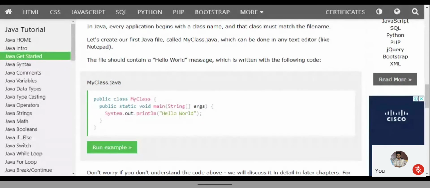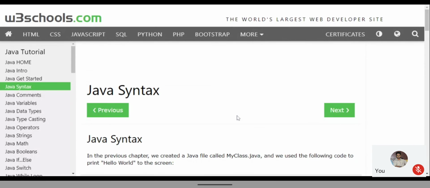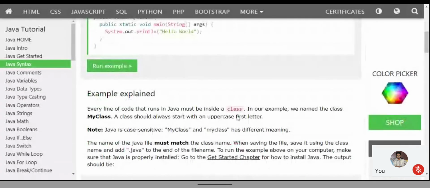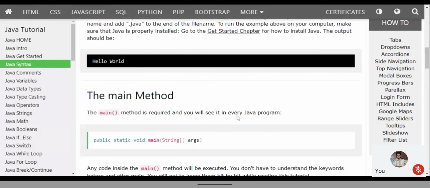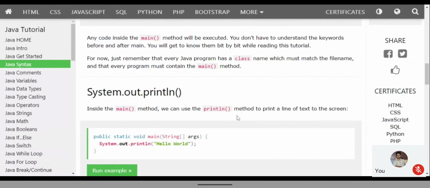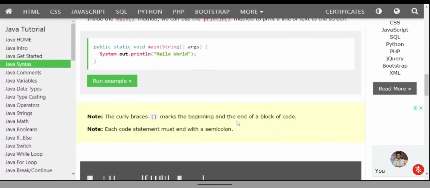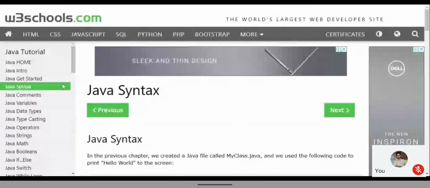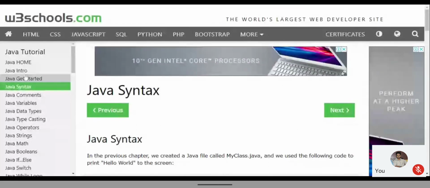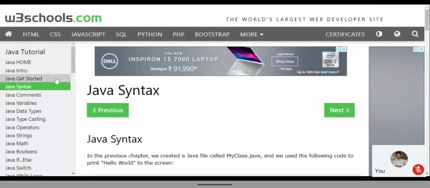If you directly see this program, you can't understand anything. You have to go through a lot of things, and it will take some time. So we will go through that. For today's class, I will stop with this one because you have to learn. You have to check this website. Just go through the first three: home, introduction, and get started, for knowing what is JavaScript and what is this thing. And I will also tell you what is Python.